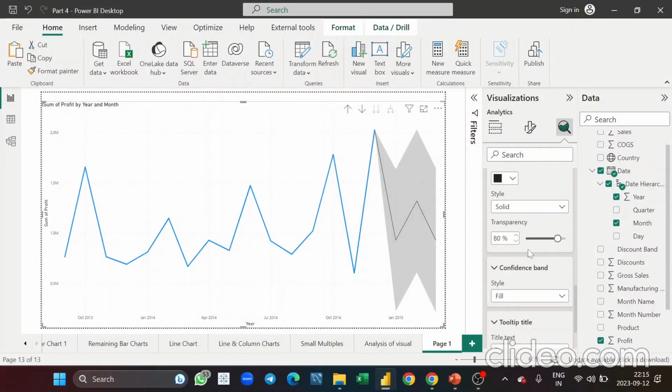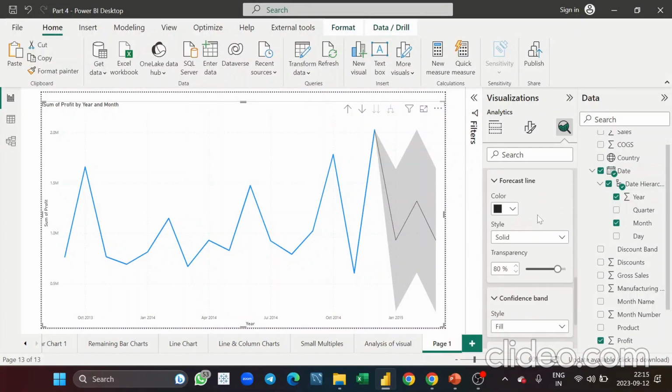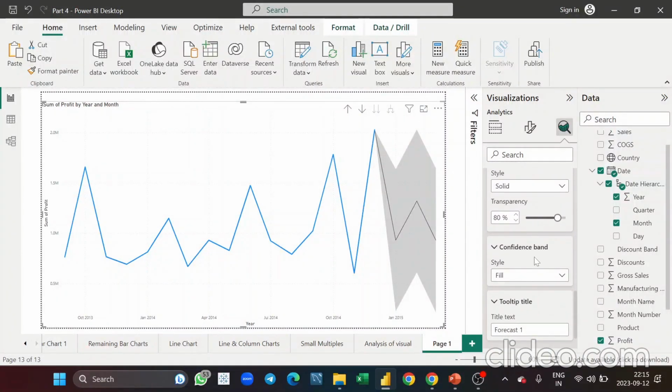Now you can change the formatting here. Let's say the confidence band. This grayish area is the confidence band. If I don't want this, I can remove the confidence band, and I can rename